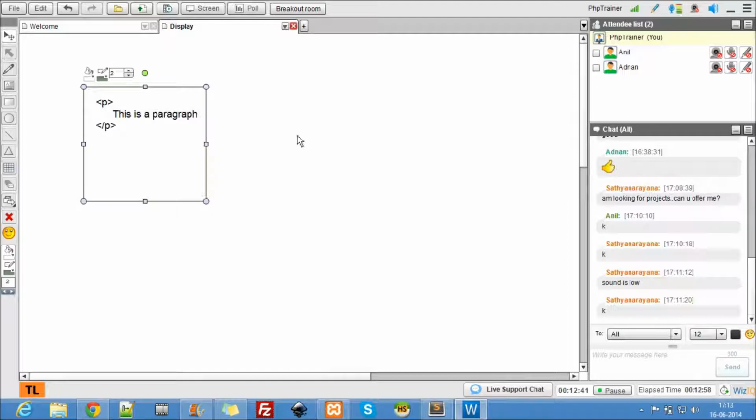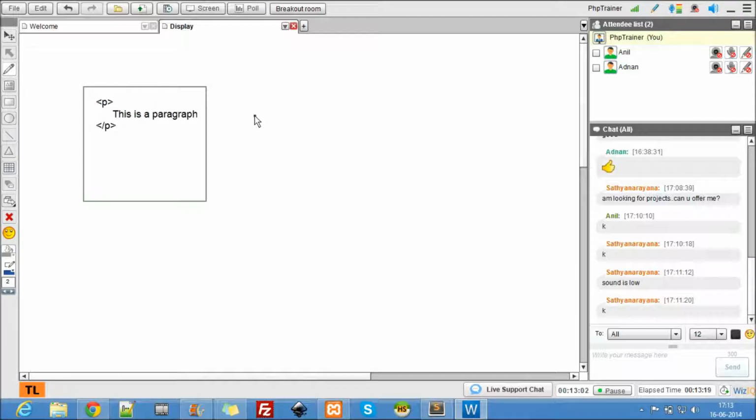Is this visible on the front side? If I write some content in my HTML page and try to look at the output on a browser, is this visible? Is this displayed on the page? Yes.